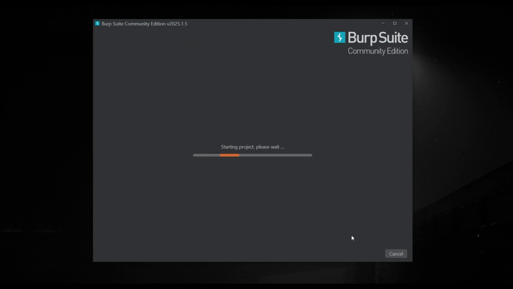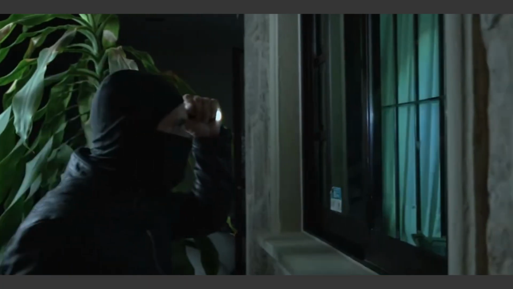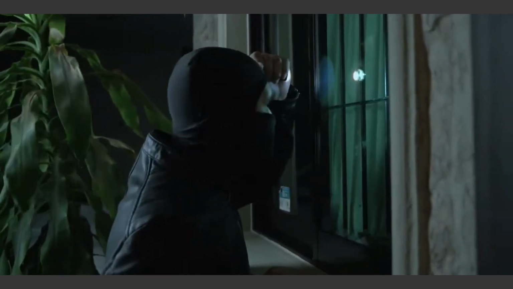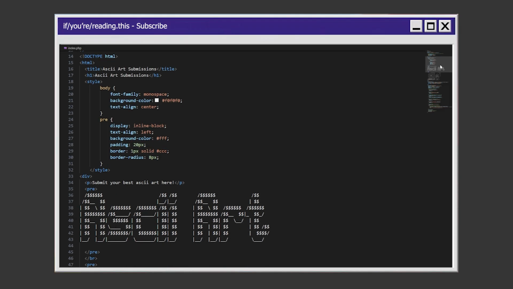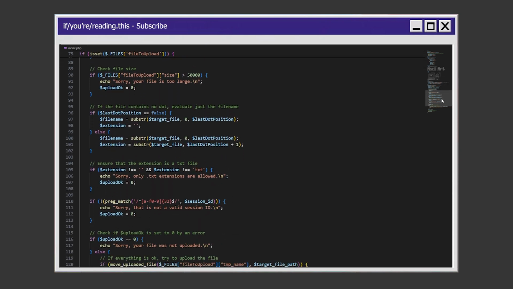Let's open Burp Suite to see all the details. You're familiar with file types, the TXTs, the EXEs, and the JAMs. A text file obviously can't do much. It can store your grandma's shopping list or maybe a few movies that you've been meaning to watch. But to infiltrate, we need something with more capability, more firepower. And since the website source code was written in PHP, that will be a great starting point to sneak by